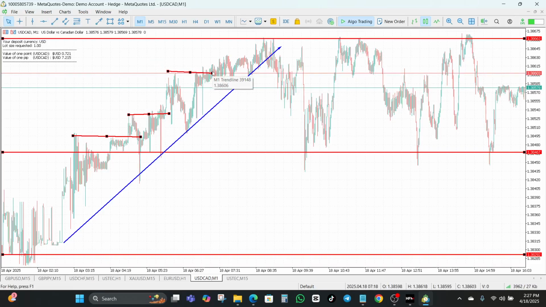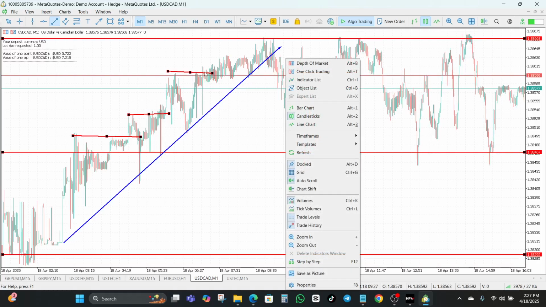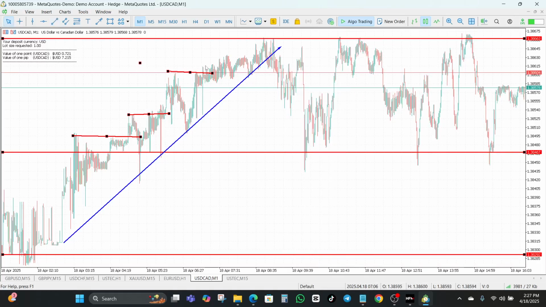Okay, so you should be looking out for break of structures on the 1 minute chart, and then you also look for a change of character. You can see that we had a change of character around here when the trend changed. We had a lower high form. You can see a lower low, I mean. You can see that we had a lower low. We had a lower low form